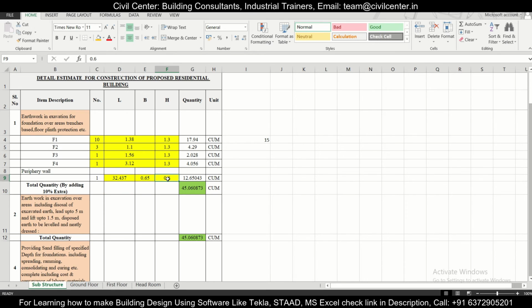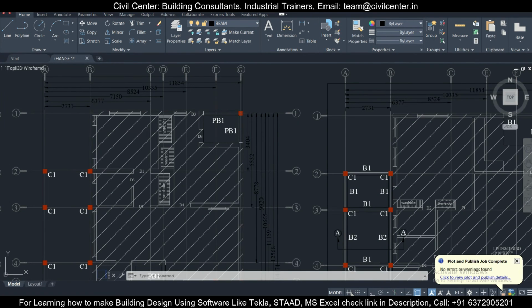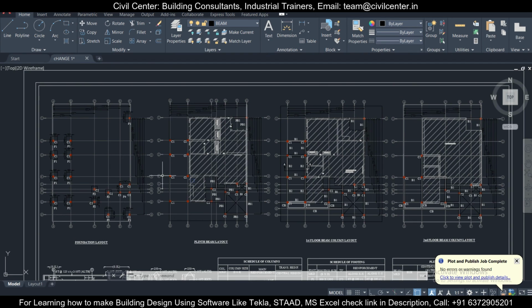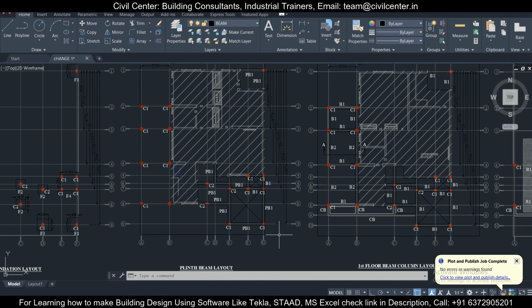We have the breadth and the height. While taking the breadth we have taken some portion extra for the PCC and sand filling. The height also we have taken. So this is the earthwork which will be required for the periphery wall, and we already have the earthwork for the footings. We'll use the sum command to add all the earthwork, and multiply it by 1.1 so that we consider 10% extra in the earthwork, because some portion will be utilized in compacting and so on. So this will be the total quantity of the earthwork for this project, as you can see, for this extension project, both for the foundations as well as below the periphery wall.